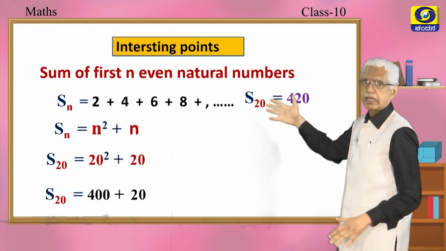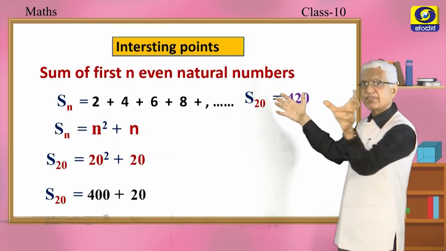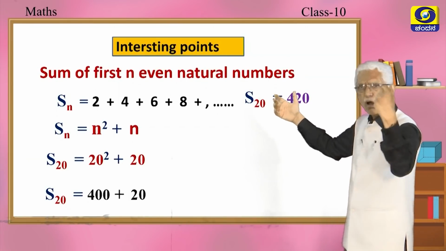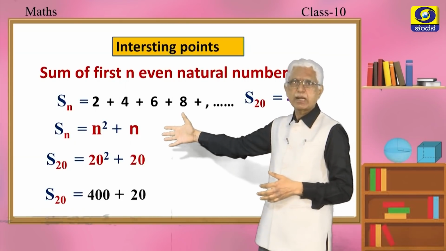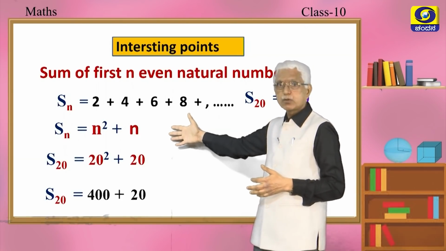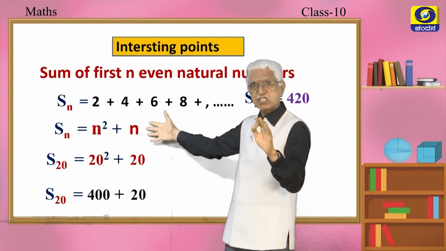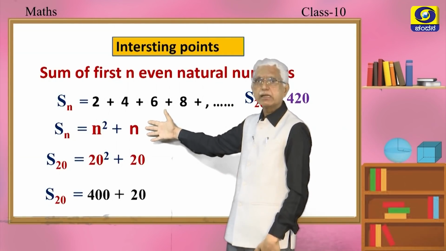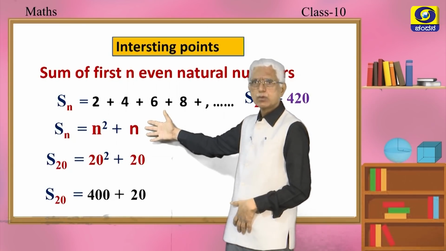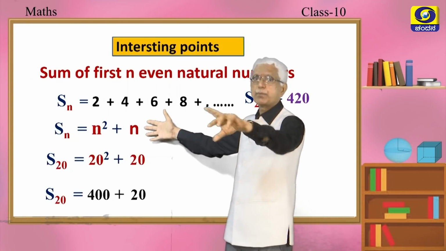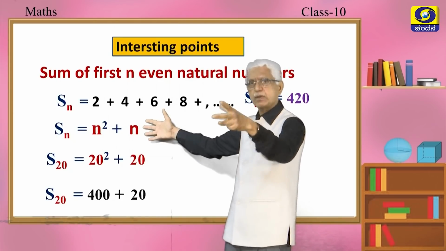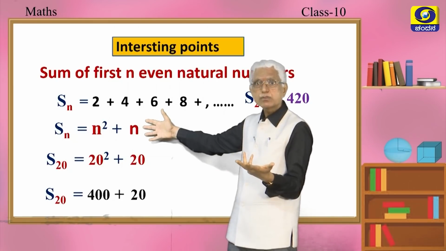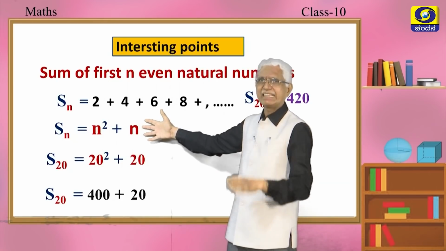Okay, and assume I want to find the sum of the first 20 of them. Here, what has happened? They have already given you the formula, n square plus n. If you want to find the sum of the first n even natural numbers, Sn is equal to n square plus n. Is it not an advantage to you? Instead of using n by 2 into (a plus l) or n by 2 into (2a plus (n minus 1) into d), why don't you use n square plus n? You can use it. We will see how we got it a little later, correct?